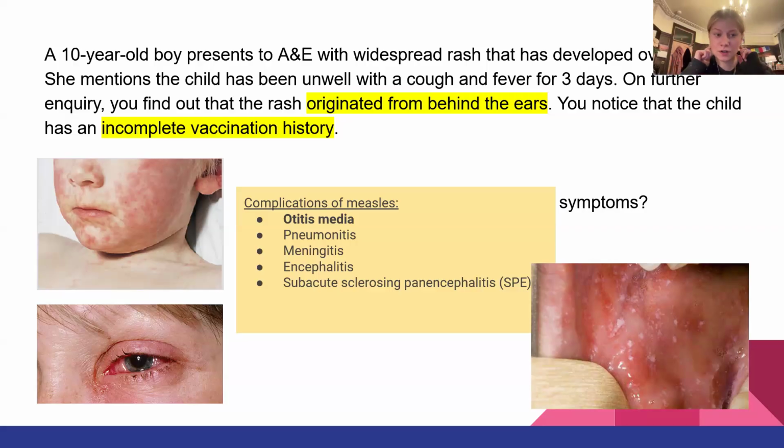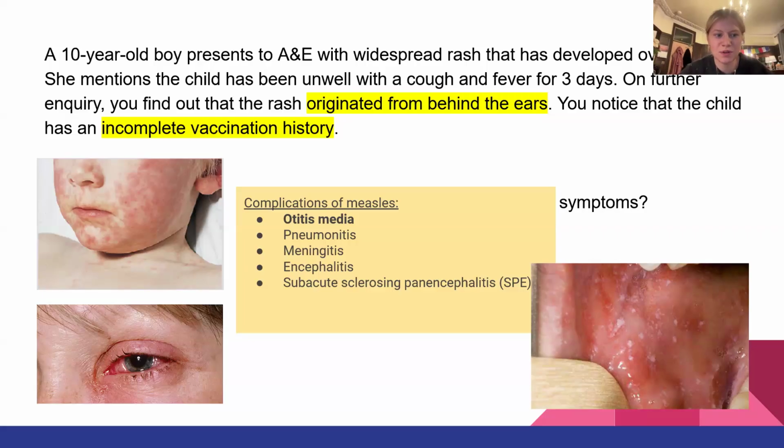So you can remember that the rash starts behind the ears, and then the main complication of measles is an otitis media reaction, so middle ear reaction. Those kind of go hand in hand and are quite easy to remember. The other ones you kind of need to work down/up. After that, the next most common thing is pneumonia infections, but you can also work up and get meningitis, encephalitis,